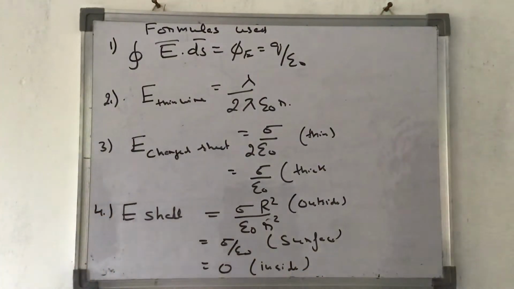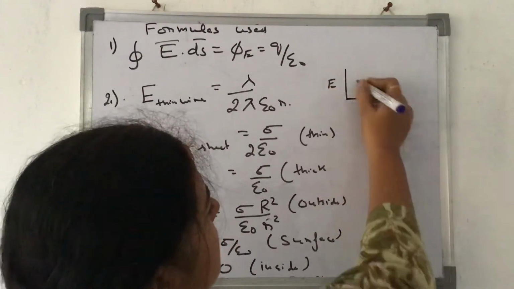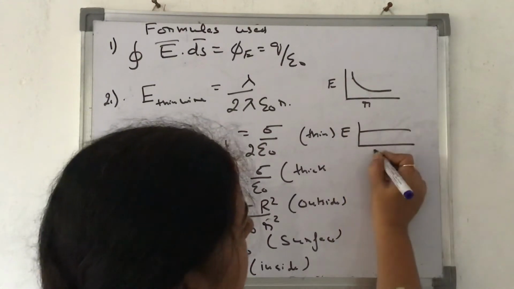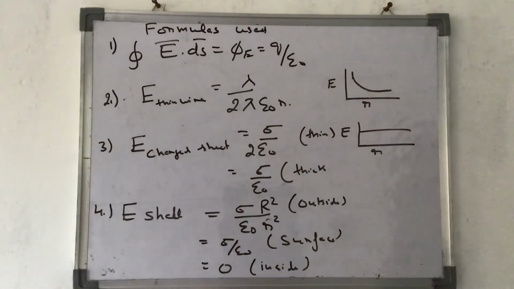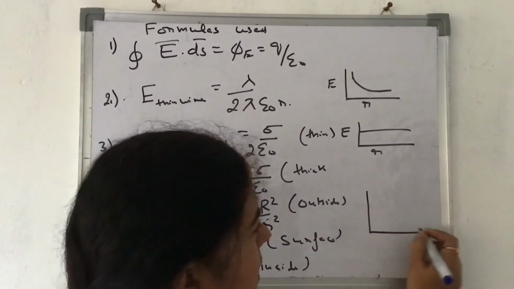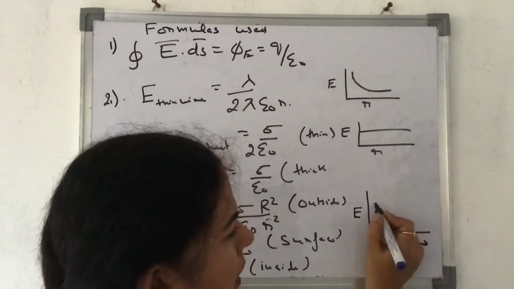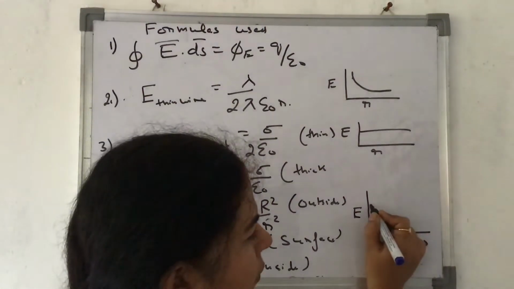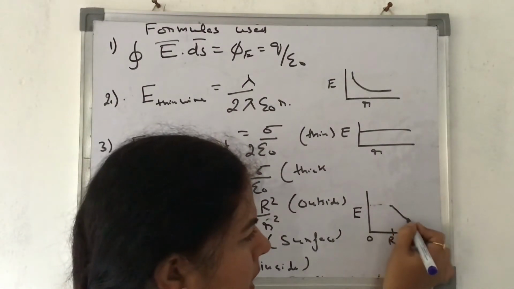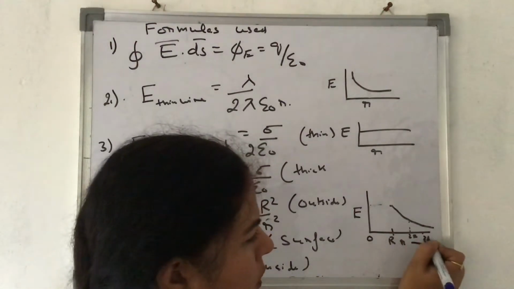You should also remember the graph for it. If I draw the graph between electric field and r, it will be like this. In this case it is constant, because it is not depending upon the distance at which we have to find the electric field. Here I am combining all the cases together. This is electric field, this is r. I am writing the values for r equal to capital R. Till capital R, the electric field is 0. Then at this point it starts, and then it keeps on decreasing as we go. This might be 2R, this might be 3R and so on, so it will keep on decreasing.